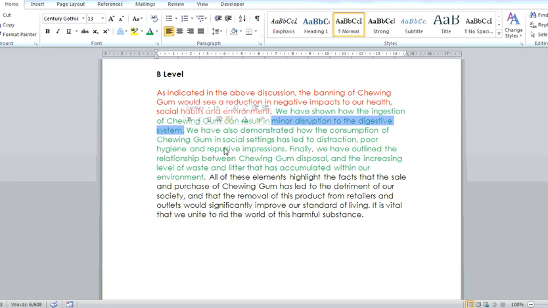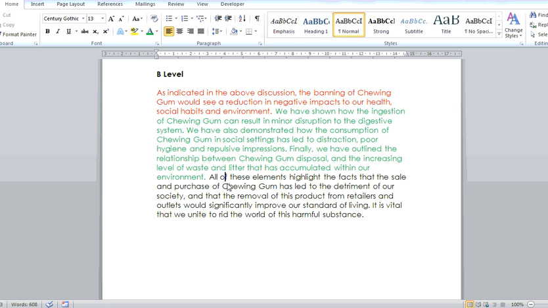We're using nominalisation. We've demonstrated how the consumption of chewing gum in social settings has led to distraction, poor hygiene, and repulsive impressions. That's all nominalised as well. Finally, we've outlined the relationship between chewing gum disposal, that's nominalised, and the increasing level of waste and litter that is accumulated in our environment. So in this case, the student's showing